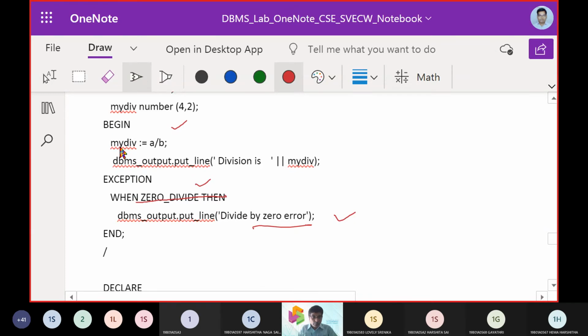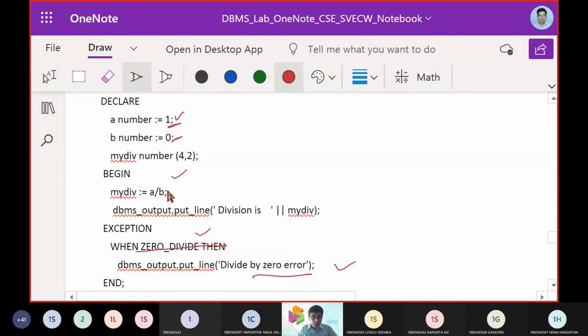So begin, my div a is a by b. a I am going to give as 1, b I am going to give as 0. So 1 by 0 is called infinity. Infinity is not represented in the computer. Therefore we should see that the system will not hang up, and no abnormality will arise. So for that we call the exception procedure, and here we are using when divide 0, a predefined exception.